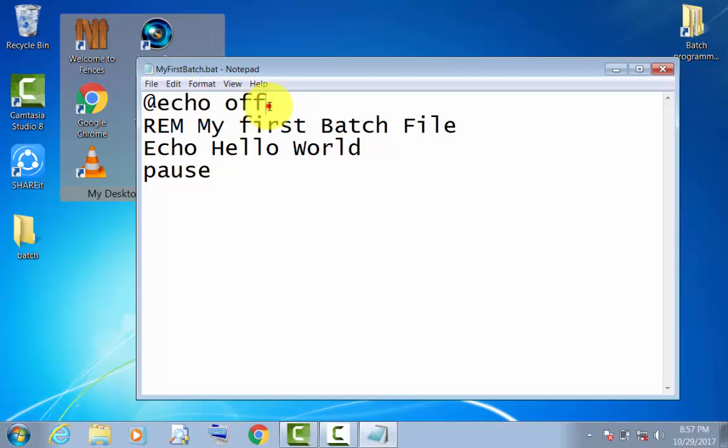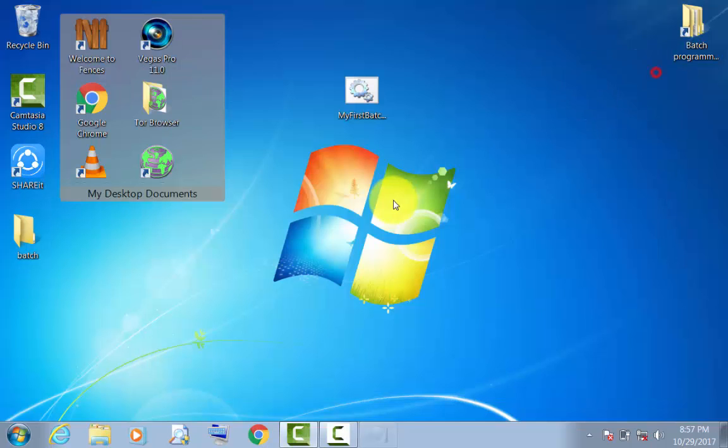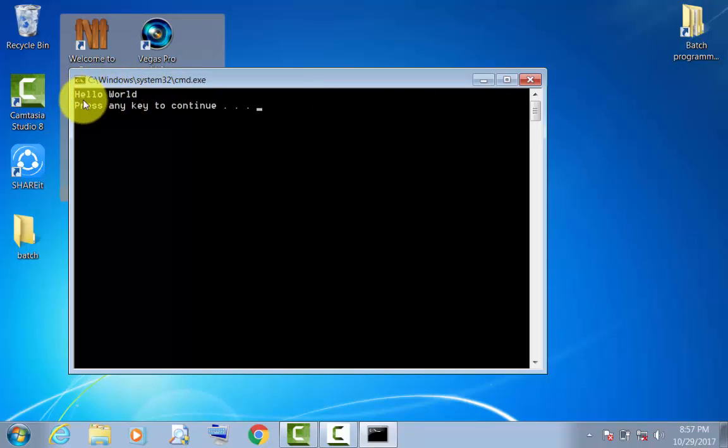What is this echo off? If we don't put this echo off, first I'll show you by saving this. To run this, you have to just double click on it. So it is printing hello world, which was expected.